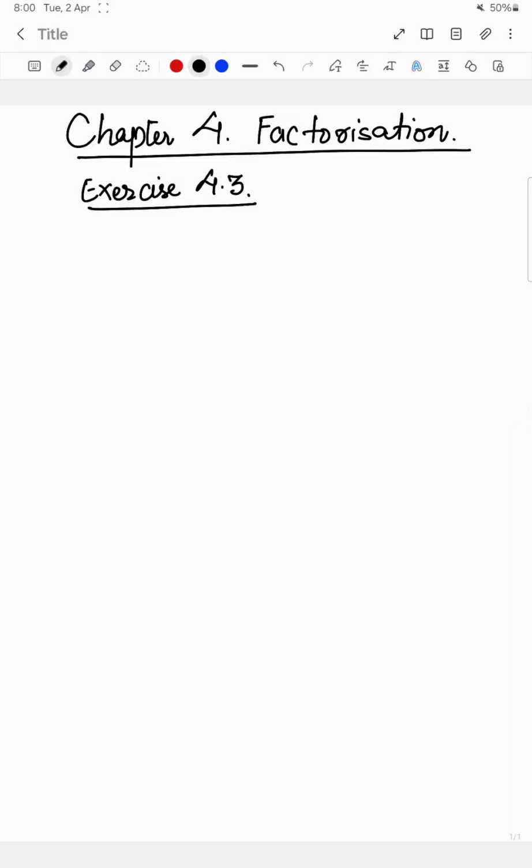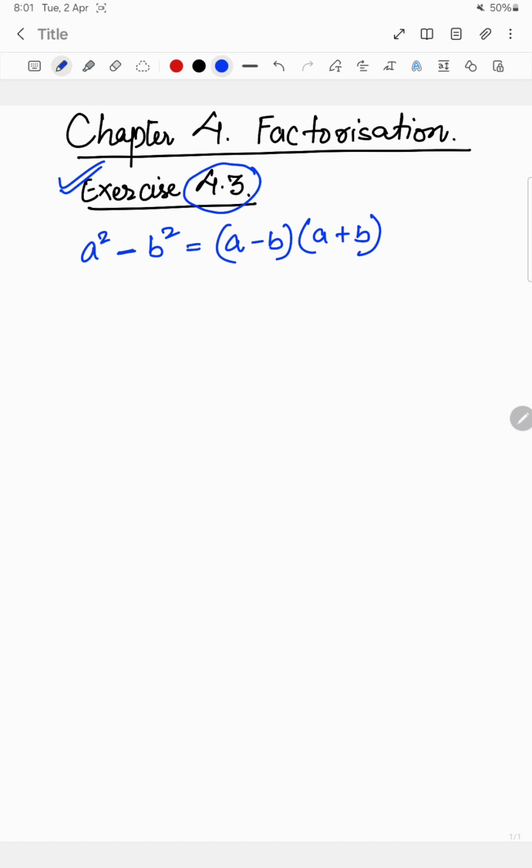In the tuition, I noticed that you are a little bit confused regarding chapter number 4, factorization, exercise number 4.3. Now, as I told you, this exercise is based on the difference of two squares. Here we have two squares, a square minus b square, and minus means difference. So the difference of these two squares is (a minus b) into (a plus b). So the entire exercise 4.3 is based on this